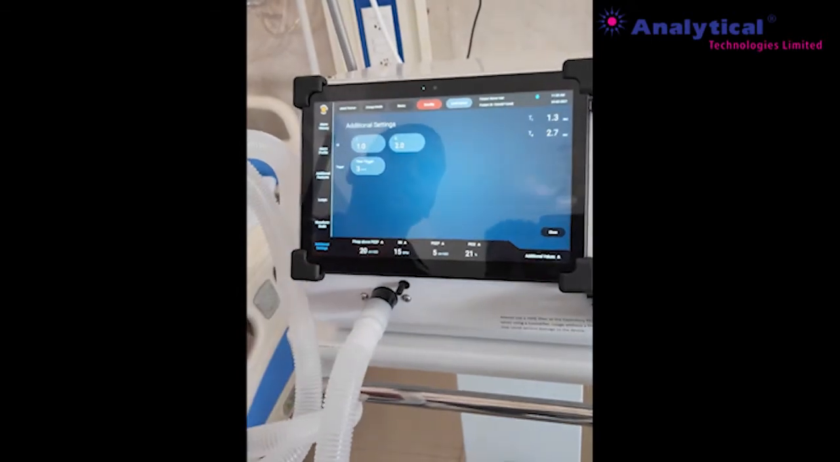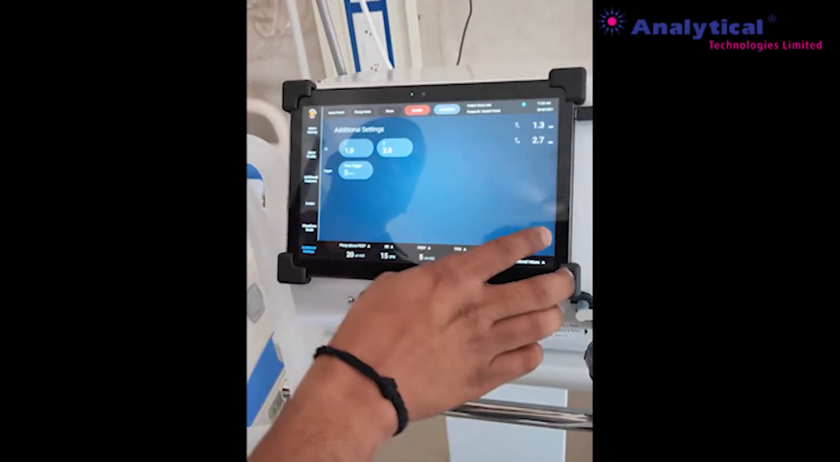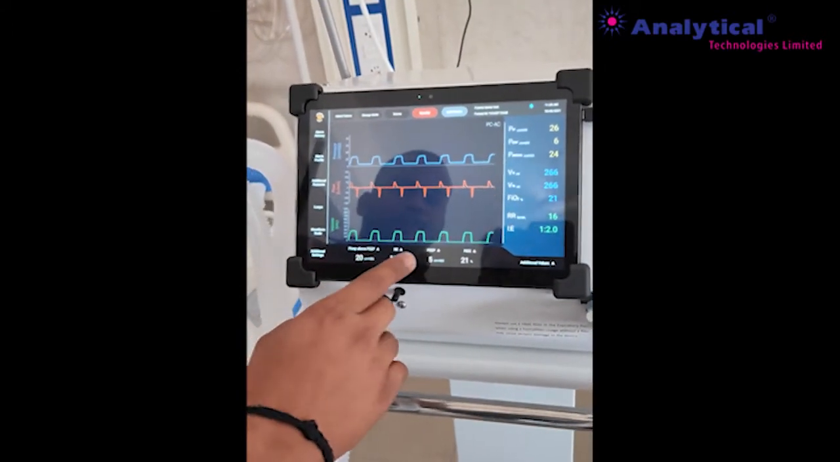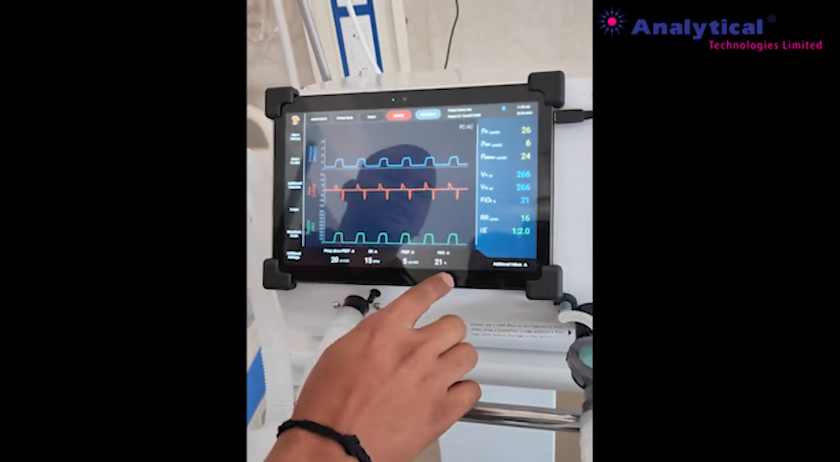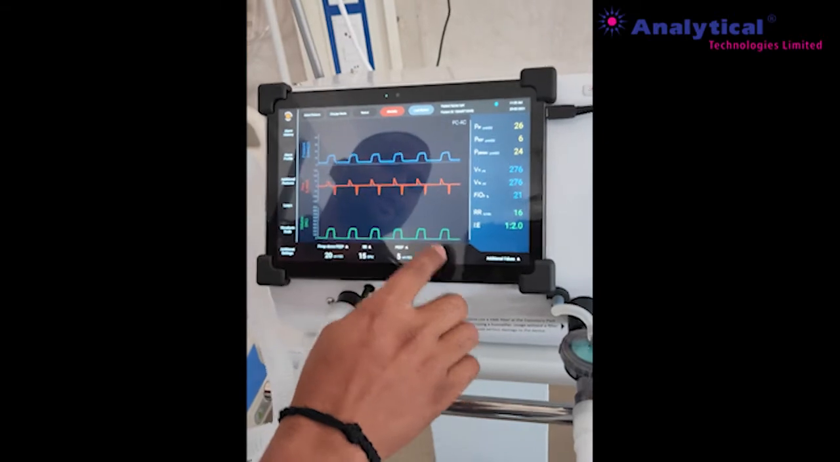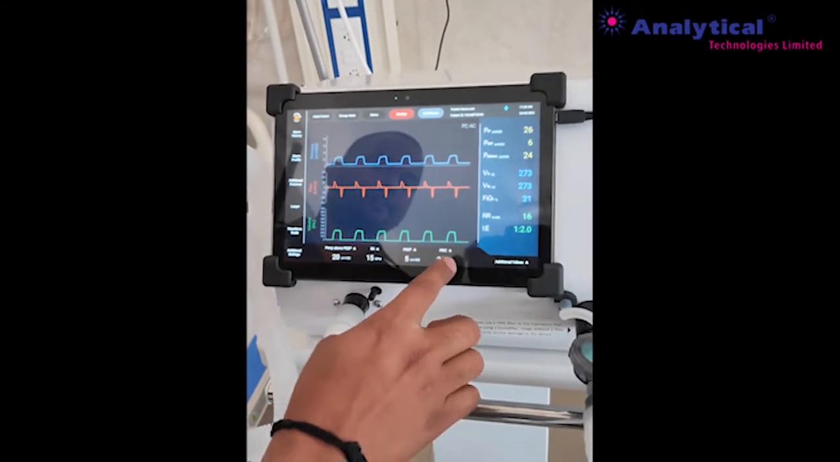Additional settings. Additional settings means inspiratory and expiratory ratio. You can increase here also, no problem. Close. So this is above PEEP and the respiratory ratio, PEEP, oxygen. So now the system is running in turbine mode. Turbine mode gives you only 21% oxygen. So if you need 100% oxygen...